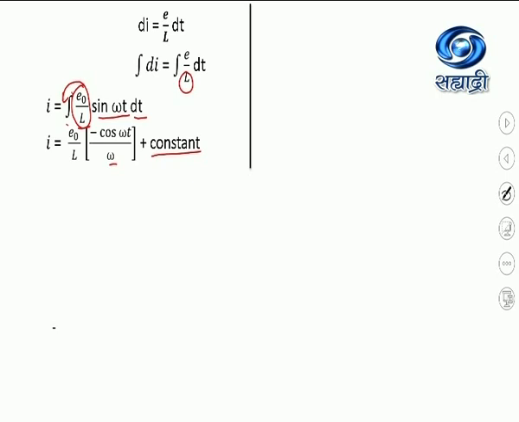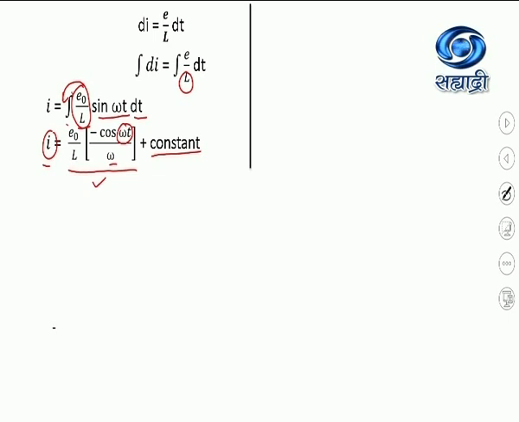Now if you look at the expression, I is equal to, and there are two terms on the right side. So obviously the first term will represent the current, and the second term will also represent the current. Another aspect is that I is the instantaneous current, and this instantaneous current varies with respect to time. If you look at the first term on the right side, there is a term omega t. So even the first term represents the current, which is time varying. So that's why this term will represent the instantaneous current.